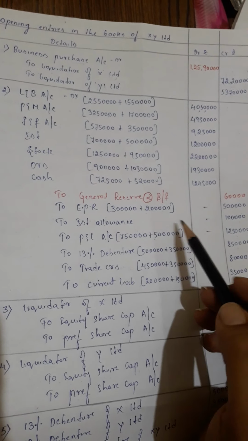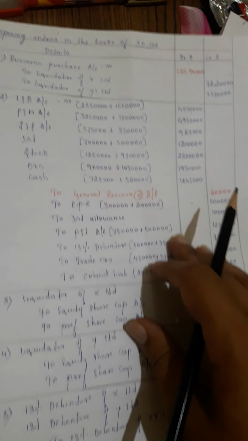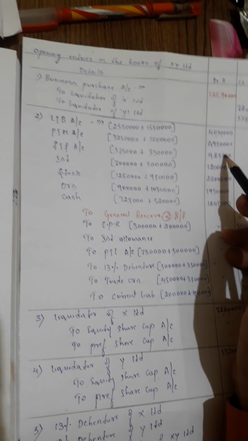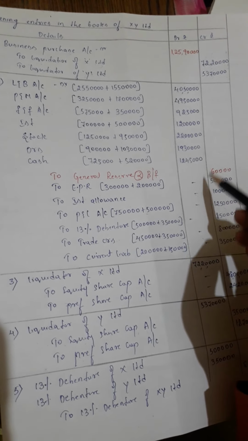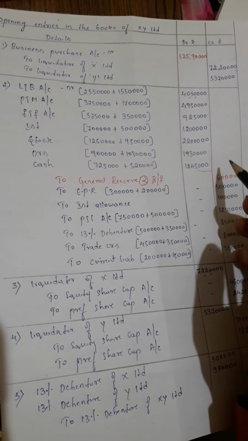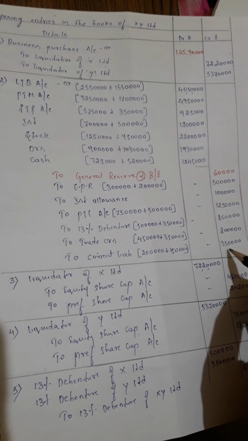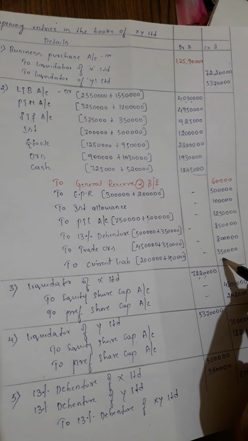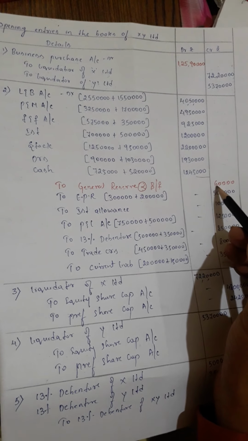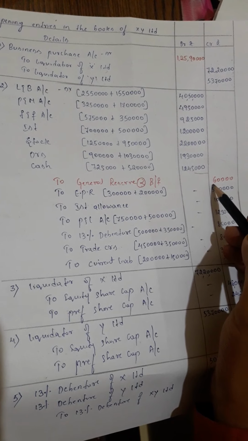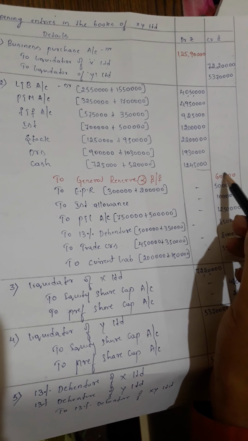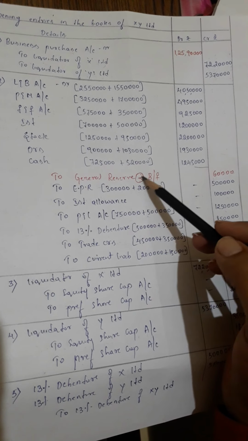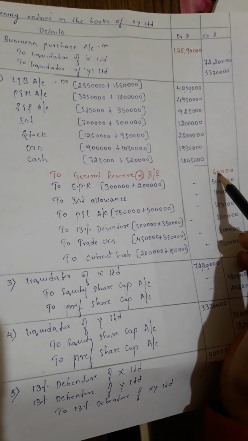So when we total this amount, we get the value. First we need to total the value of assets, then we need to total the value of liabilities. If liabilities is getting deficit, then the amount should be adjusted here. If liability is less, then this amount will be treated as general reserve. This will be a balance sheet figure.